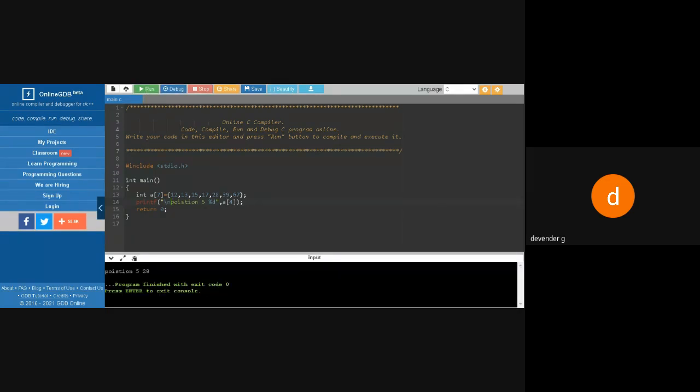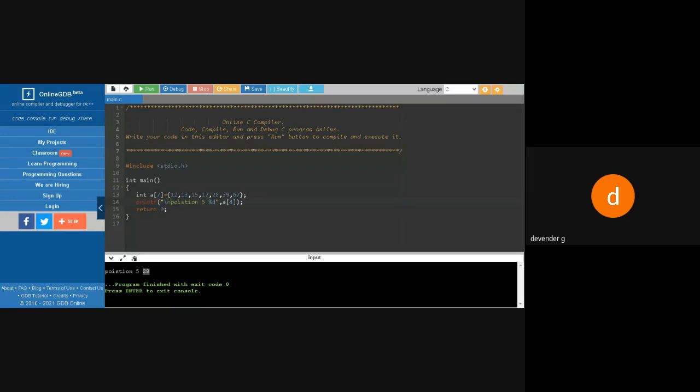So the position of fifth is 28. Able to understand this? Is it clear?